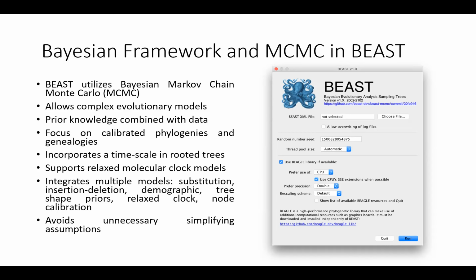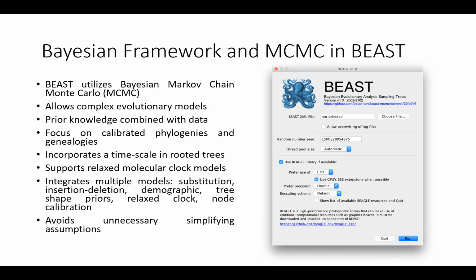BEAST is designed to integrate a wide range of evolutionary models into a single framework. These models include substitution models, insertion-deletion models, and also demographic models, tree-shape priors, relaxed clock models, and node calibration models.